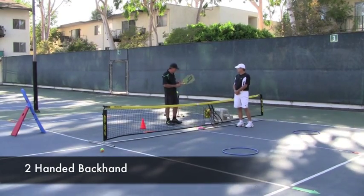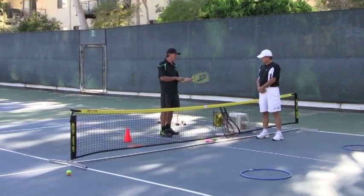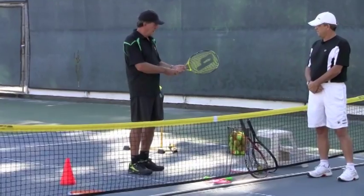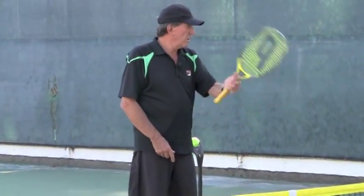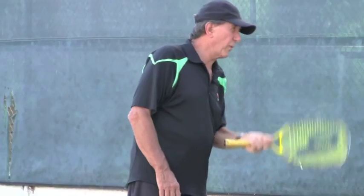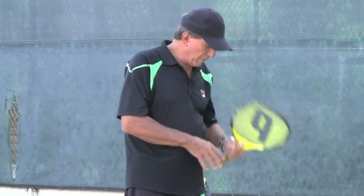For the two-hand backhand, you can make them put the finger of the left hand right through here, so they get a semi-western grip here, and you don't tell them anything about the right hand. Some kids change, some kids keep the forehand grip, so you can make them hit first from the ball to the shoulder. Start counting, 1, 2, 3, 4, 5, and then add the other hand, 1, 2, 3, 4, 5, without mentioning